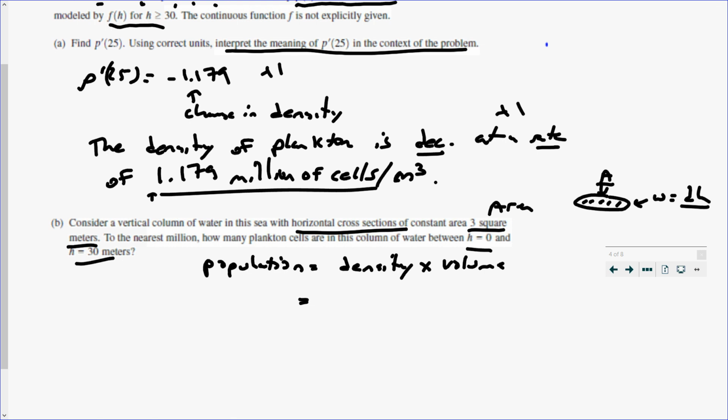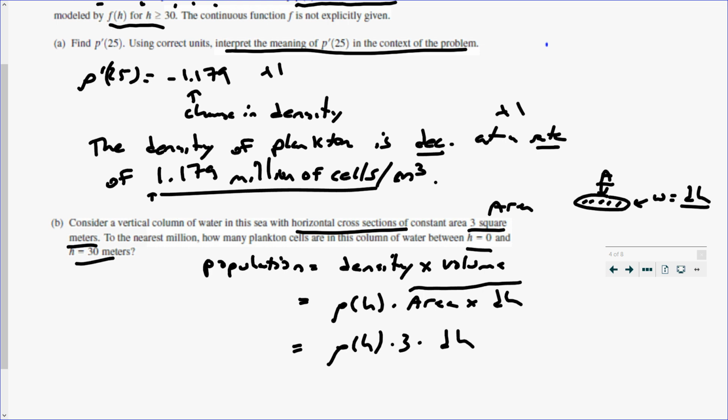So we're going to take the density, which is this rho of h, which they tell us, times the area times that change in height to give us the volume. So this right here is actually our volume. The density is rho of h, the area they tell us is 3, and dh we just leave. Now this is going to give me a tiny, tiny, only one of them. But remember, we have infinitely many of these little areas, and we're going to add them all together. What's the quickest way to add things together? That's right, to just integrate this from 0 to 30. Then you're just going to type that in your calculator, and you're going to get